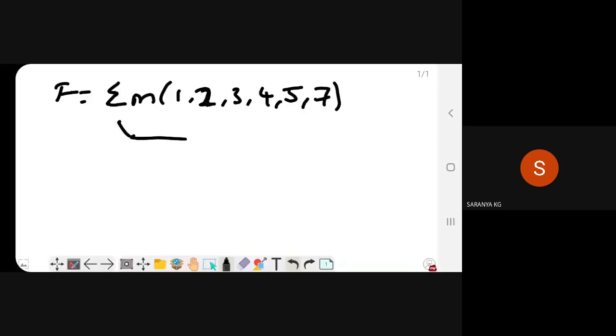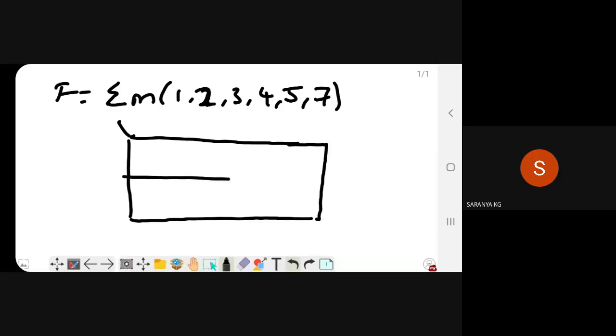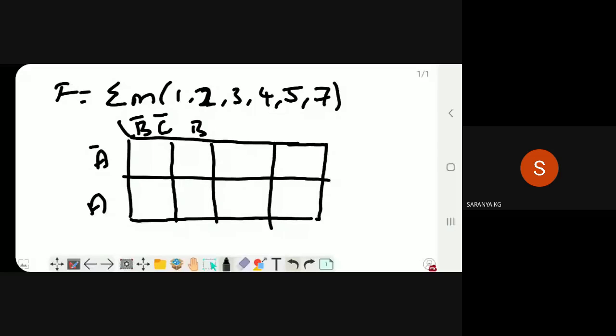And also they have not mentioned the variable here, so I can use anything. So, A bar, A, B bar, C bar, B bar, C, BC and BC bar, 0, 1, 2, 3, 4, 5, 6, 7.